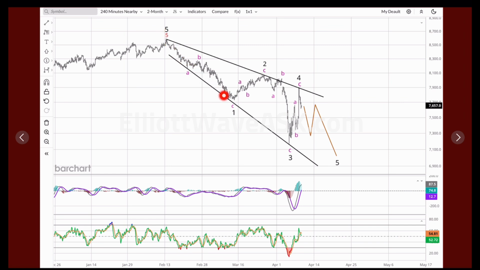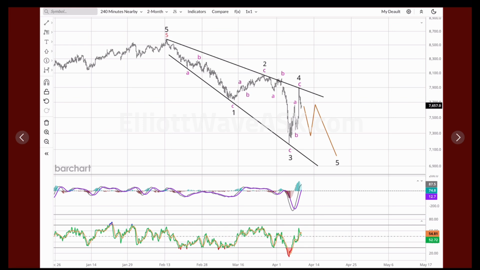Now this move down here off the black wave 5 high, you can count it in 5 waves. It's very choppy, so you could perhaps consider this as an ABC. We know this move counts up to wave 2 as a nice ABC with a triangle in here and an ending diagonal here. Off this wave 2 high, as I pointed out in a prior video, we've got like a 3 wave move down and then a 3 wave move higher, and that second high is marginally higher and is the B wave.